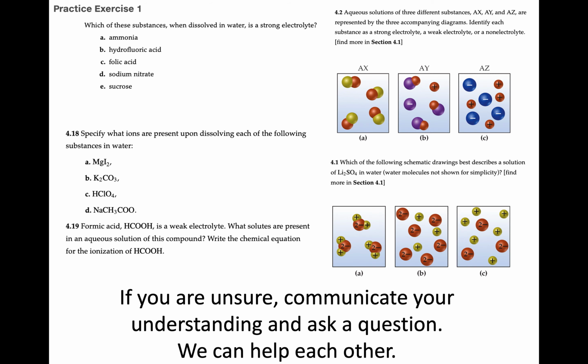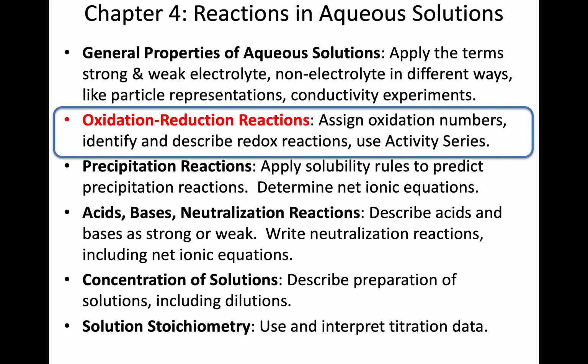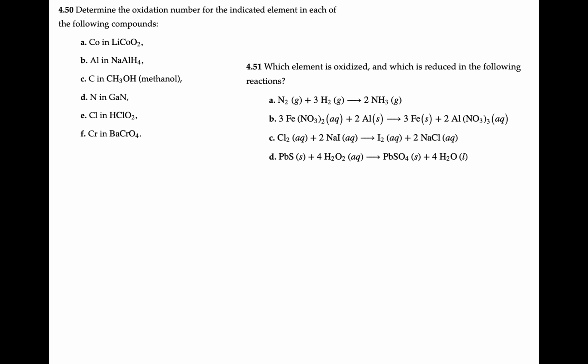Let's compare ideas. When we had oxidation reduction reactions, we had different skills there. We need to be able to determine the oxidation number in any compound. With that information, identify what is being reduced and what is being oxidized in a reaction. Remember those terms for what is being reduced and what is being oxidized. That's referring to the reactants. Reactants are oxidized when they lose electrons, and they are reduced when they gain electrons based on the change in